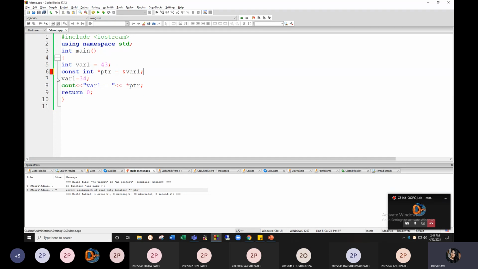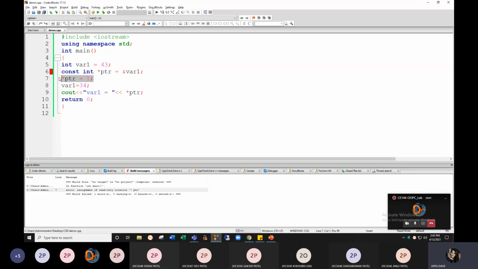And normally, if you want to replace the value, what you can do is variable 1 equals to 34. Right now the value of variable 1 is 43, but as you can see, using the pointer you cannot change or update the value of the variable, but if you normally want to do it, that's fine.